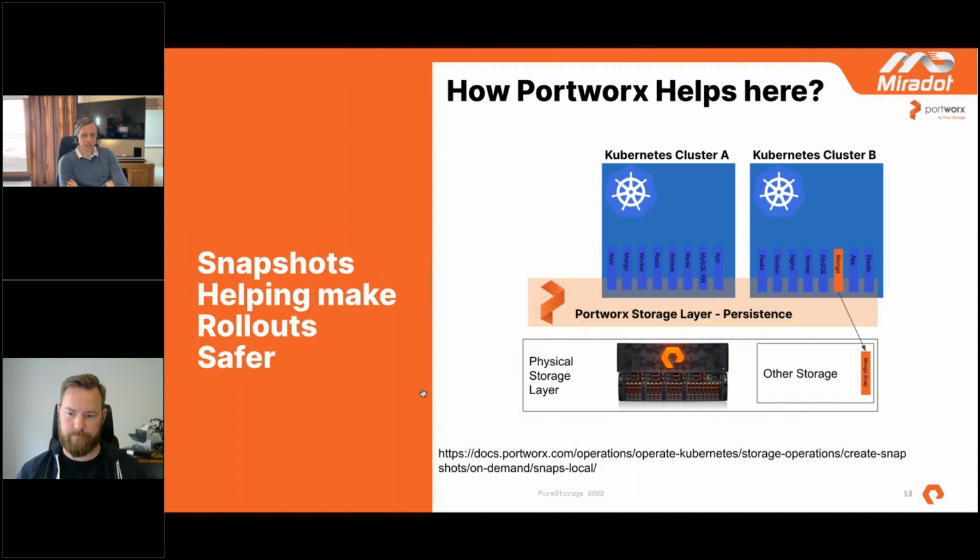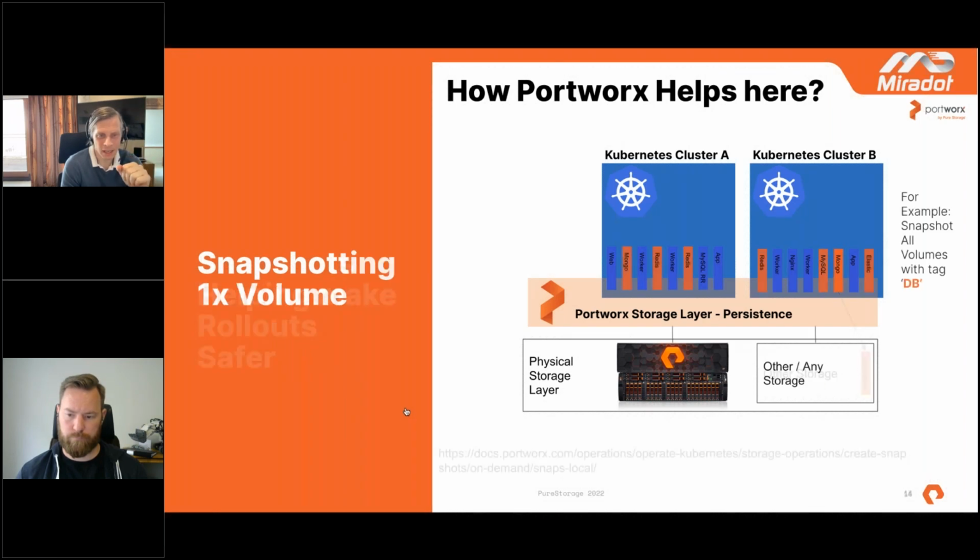So snapshotting, let me talk to you a little bit about snapshotting. You can create a snapshot of a Portworx volume. A Portworx volume is a persistent store in Kubernetes, so you write data there and it'll stay there. In the event of a failure, it will continue to work because we replicate it. In this scenario, we're creating a copy of that data. Sorry, not a copy of that data. We're creating a reference to the data as it was. And we'll get into this a little bit further.